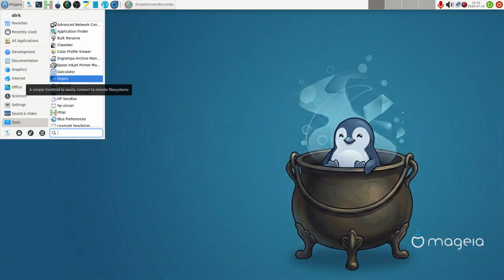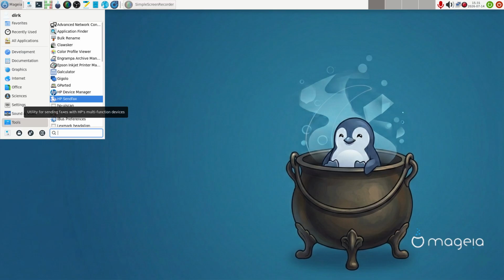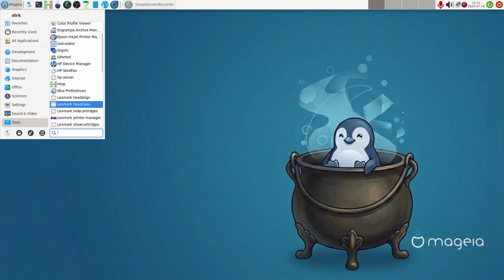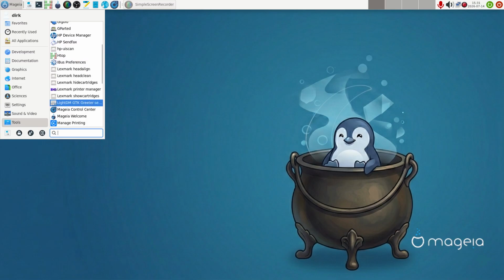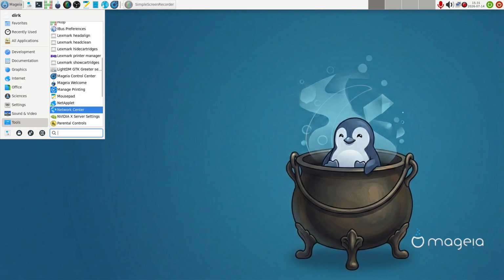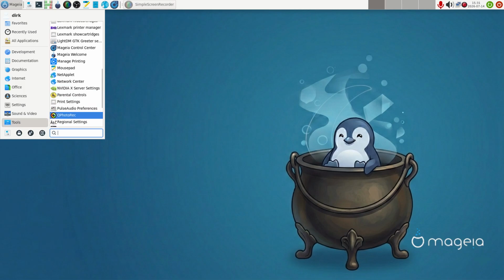Calculator, Gigolo, HP Device Manager, right? So you can install your HP scanner and it will work. HPLIP scan, htop, I installed this in all my wisdom. Lexmark printer, right? LightDM GTK greeter, Mageia Control Center, which is that here. Manage printing, Mousepad, or what it says is a notebook. NetApplet, Network Center, NVIDIA graphic card, parental controls, print settings, PulseAudio, Parole, regional, remove, blah blah blah blah